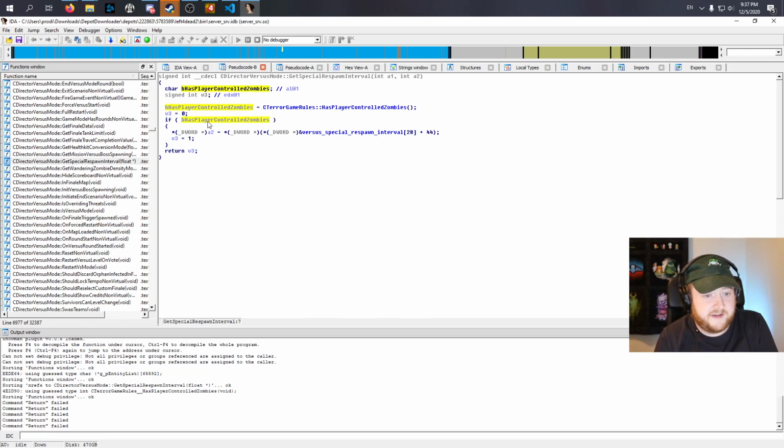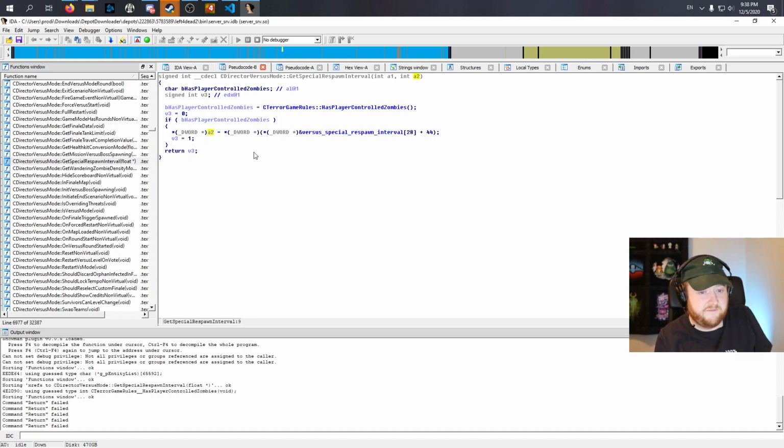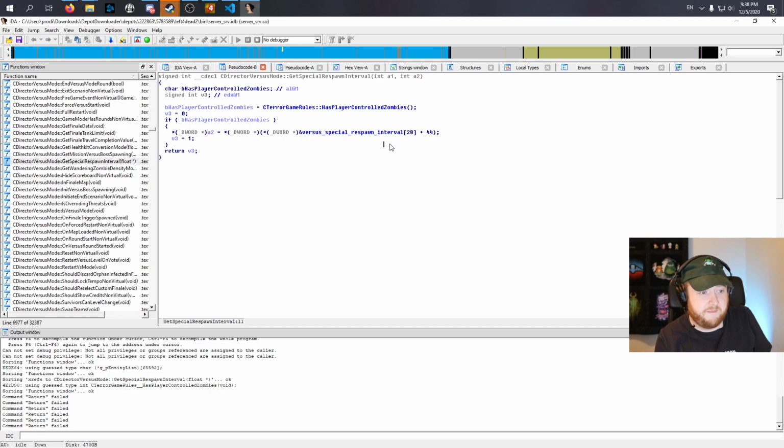Great. So if it has player controlled zombies, then this thing. If I had L4D2 structs working, I could say this is a convar struct. But you see this a lot: this is a CVAR name, and this is what reading from a CVAR looks like every time. So it's reading the value of this CVAR and then setting that to a2. There's this random bracket, 28 plus 44. What that is saying is